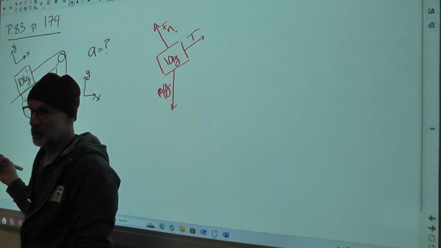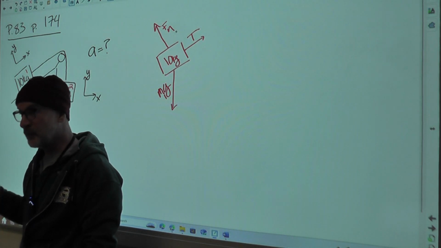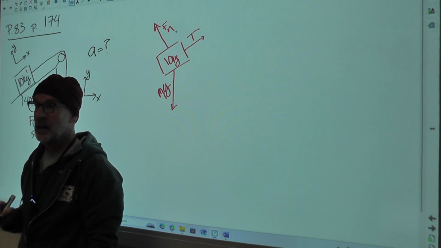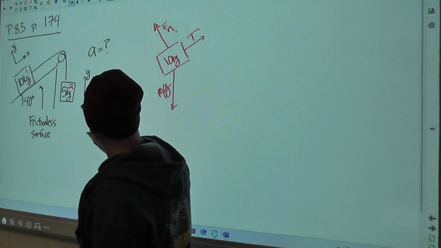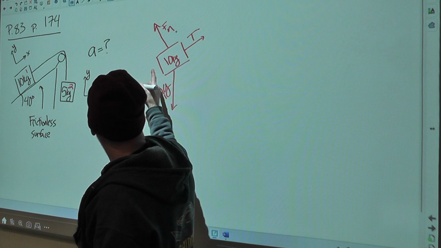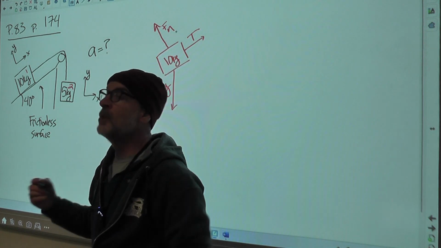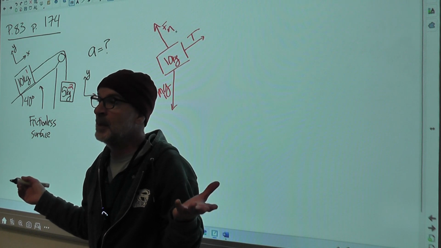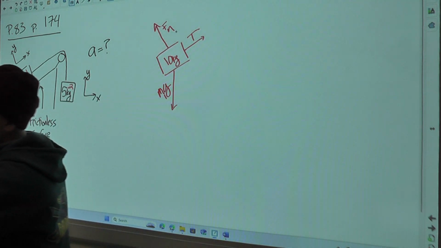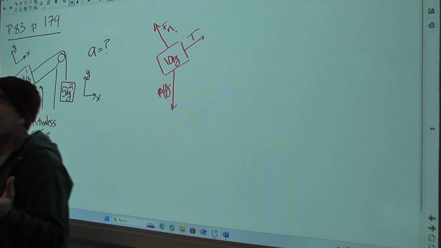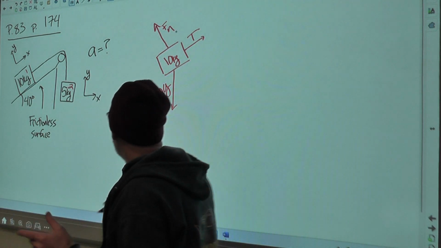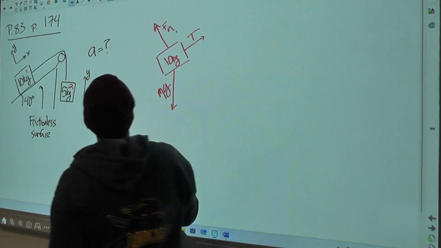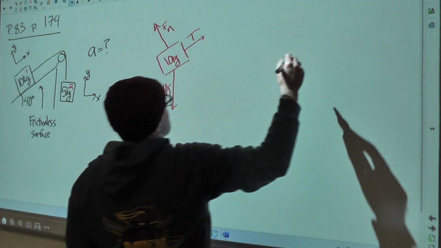We know there's no friction. If there was friction, this problem would become way more complicated because if there is friction, we don't know what direction it is because we don't know what direction this would accelerate, or indeed if it's going to accelerate at all. It may be perfectly balanced, maybe the same situation that we were looking at here. But because we know there's no friction, we don't have that force in an unknown direction, so that's good. And if we look at our second object,